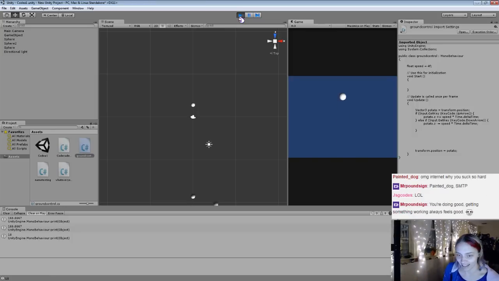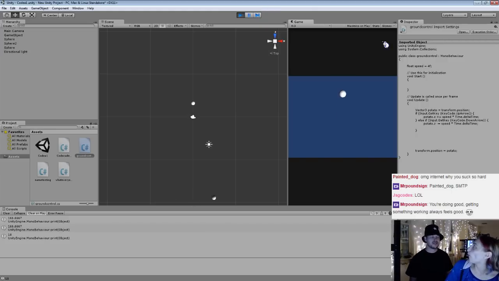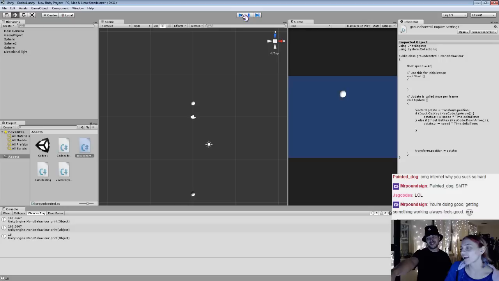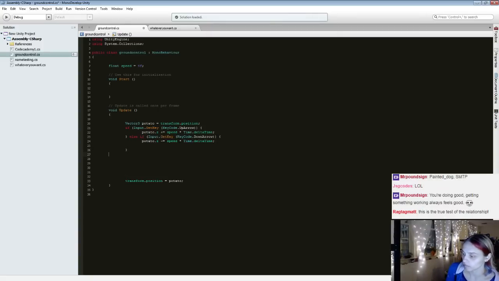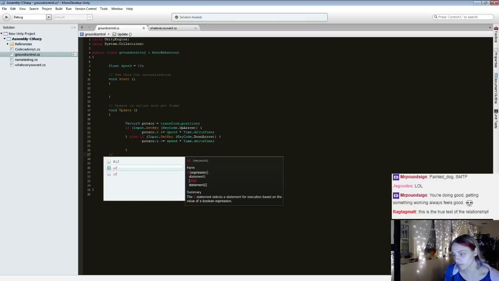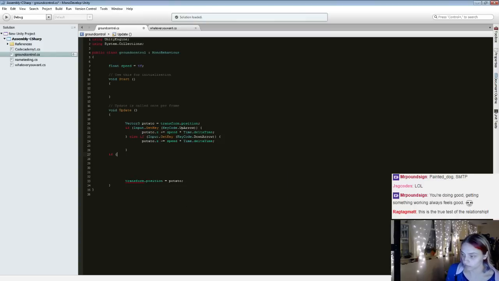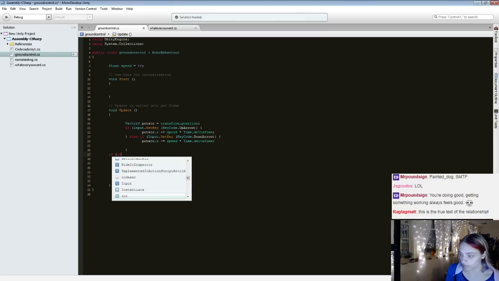All right. So the thing is, though, sometimes you might want to move diagonally, right? No! Blasphemy! Okay, back to code. So if you did another else if, you wouldn't be able to press those keys down. So don't do that. So if I do new if statements. Yeah. Okay. If input